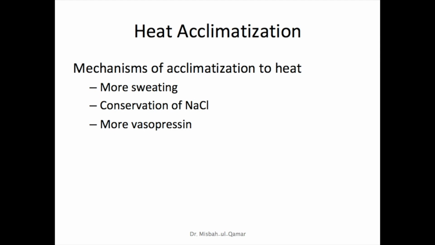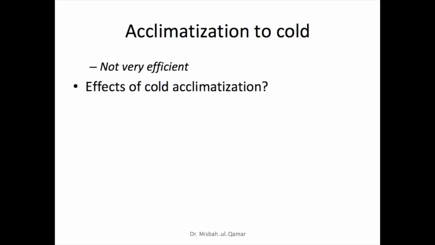Now, another change to acclimatize to the hot conditions is excessive release of vasopressin. And because of this secretion, renal blood flow is decreased, and ultimately the urinary volume is also decreased to conserve water. There has also been observed some dilation of cutaneous blood vessels as an acclimatizing method. Even total blood volume may also decrease. Now we move on to the